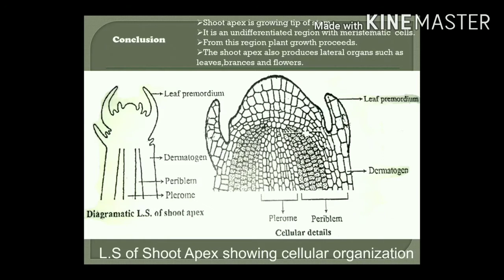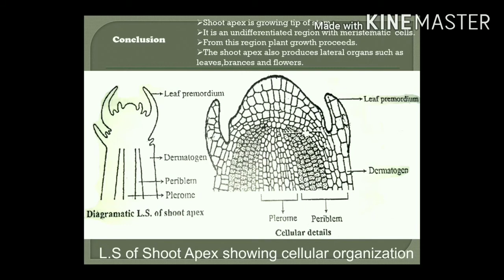Let us come to the conclusion. Several theories have been put forward from time to time to explain the mode of growth found in shoot apical meristem, or the organization of shoot apical meristem. These theories are apical cell theory, histogen theory, tunica corpus theory, and corpus capa theory. The histogen theory rightly describes the organization of shoot apical meristem.